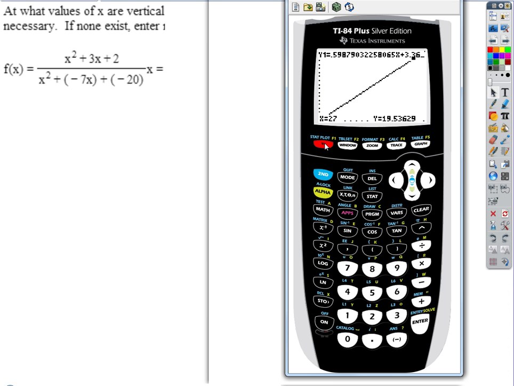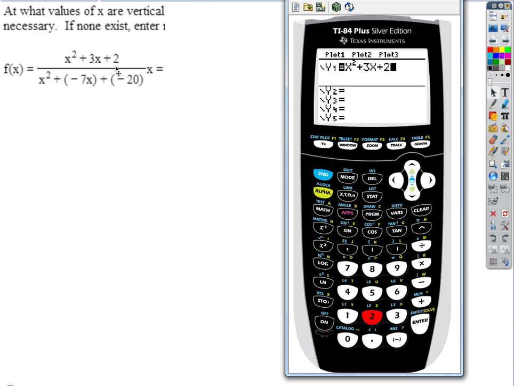I'm gonna go a little bit overkill with this because I really want you to be feeling comfortable with these graphing calculators. So if we graph the numerator, x squared plus 3x plus 2. Well, I guess also, do we even need to graph that one? Where are the zeros at the top? In this case, -2 and